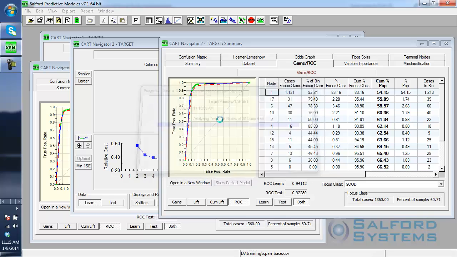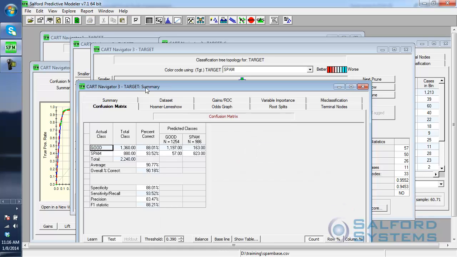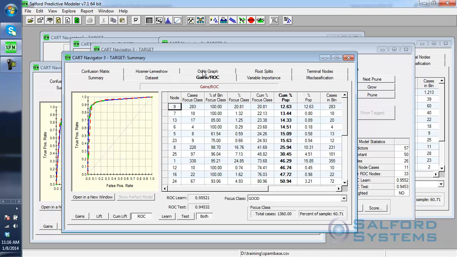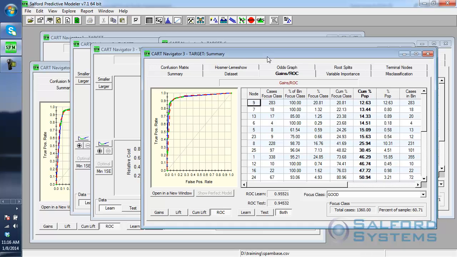It builds yet another tree, and when you look under summaries, the confusion matrix this time shows an increased accuracy in tracking spam group and decreased accuracy in tracking the good group. And also under gains in ROC, you get to see yet another overall summary curve. And by the way,